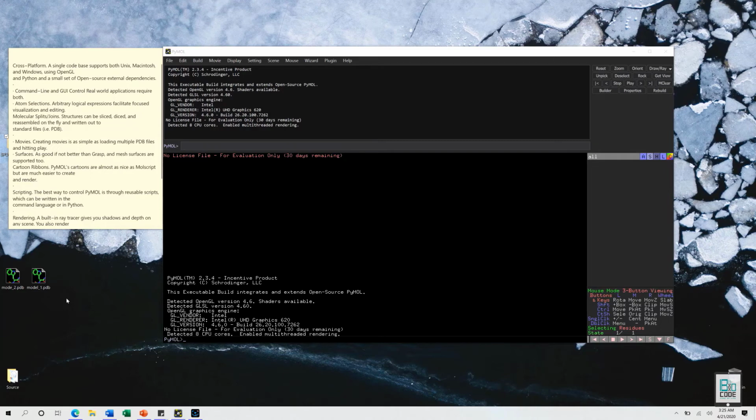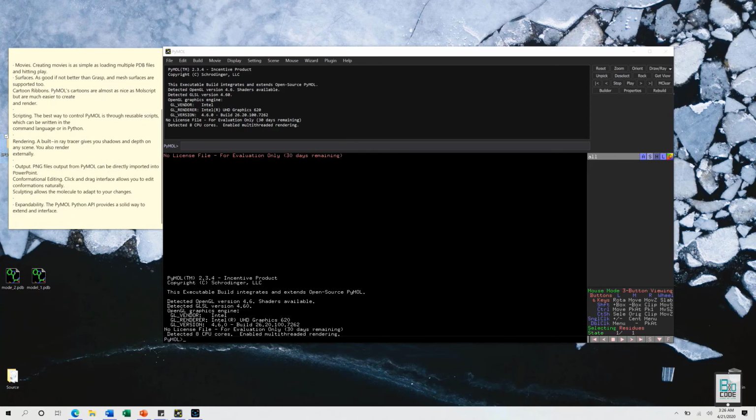We can also do scripting within PyMol that allows you to utilize reusable scripts. For example, if you have done your work on a single protein and you would like to do the same work on another protein, in that case you can utilize the script that you have saved, and you can just run the entire script and it will be done within a second. You won't really have to write any new code or any new commands. You can just utilize previous steps, and it allows you to render the protein in a very nice way.